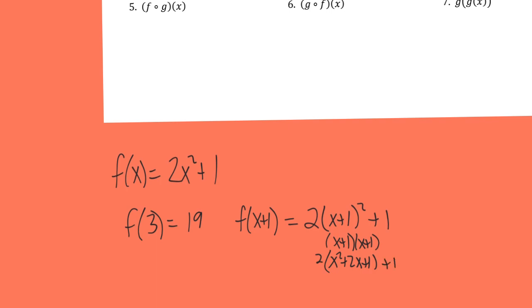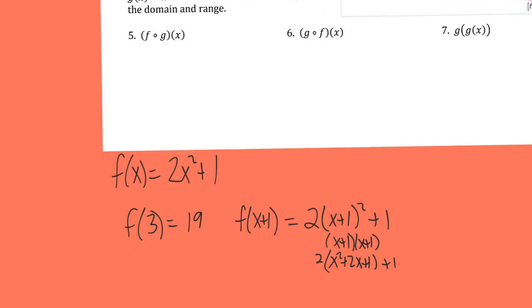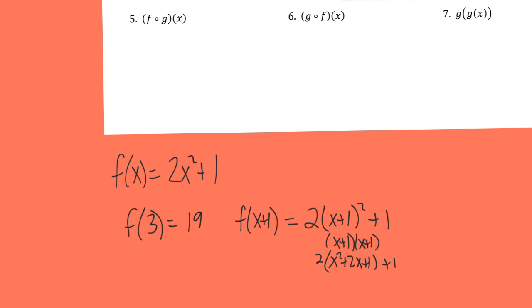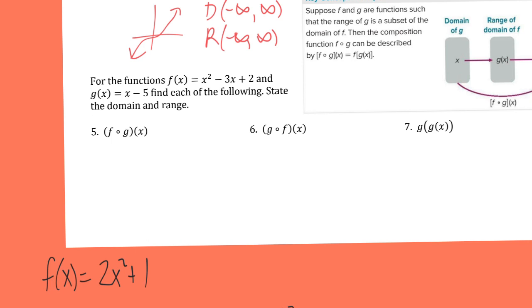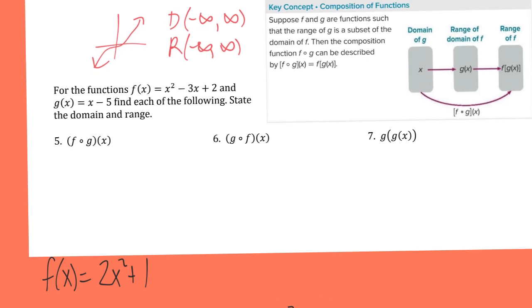I'm not going to follow that up, but that's what you've done when you've done f of 3, and that's what you've done when you've done f of, say, x plus 1. You plug in that value for x. Well, today we're going to bring that together. So I'm going to shift this. Okay, so we want to say, if you're doing f of g of x,